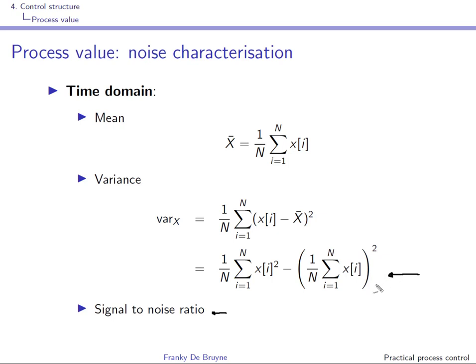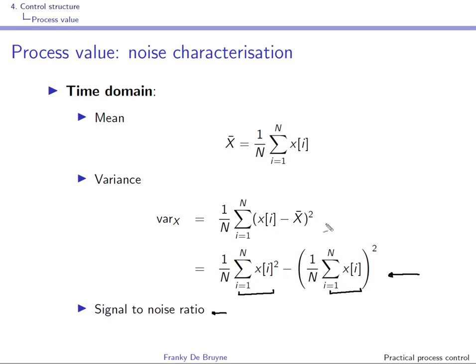Remember that you might need the variance or the standard deviation to do set point optimization, right? You will need a running variance, a moving variance, and for this you can use this formula. You'll have to keep track of the sum of the measurements and the sum of squares over a certain period, but once you have kept track of these sums, you can compute the variance and therefore also the standard deviation